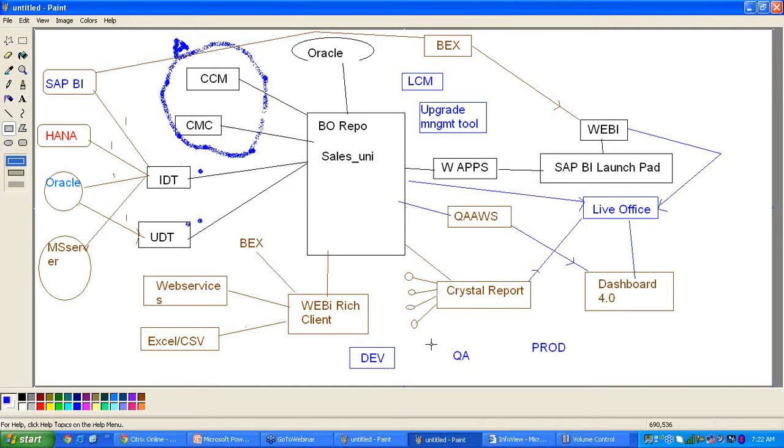That can be done through the LCM tool. The transportation, or releasing the project from development to QA, QA to production, is done through the LCM tool. And the upgrade management tool is used to migrate older version 3.1 reports to 4.4.